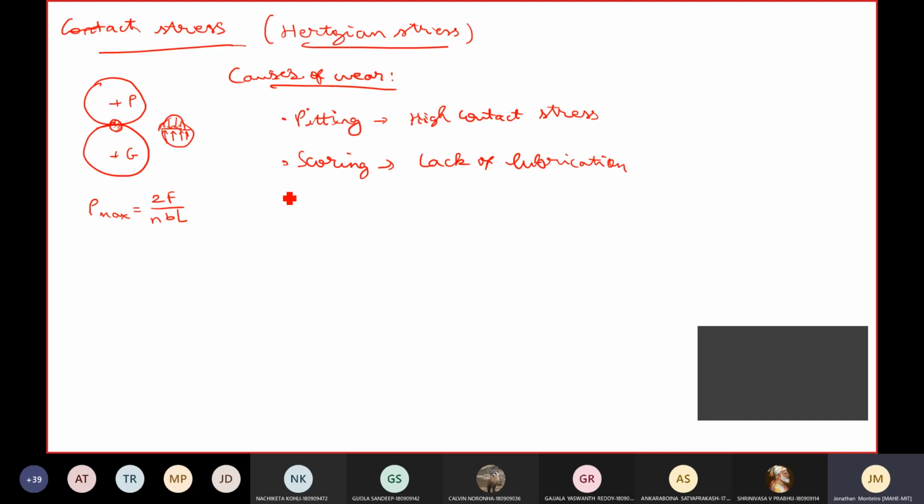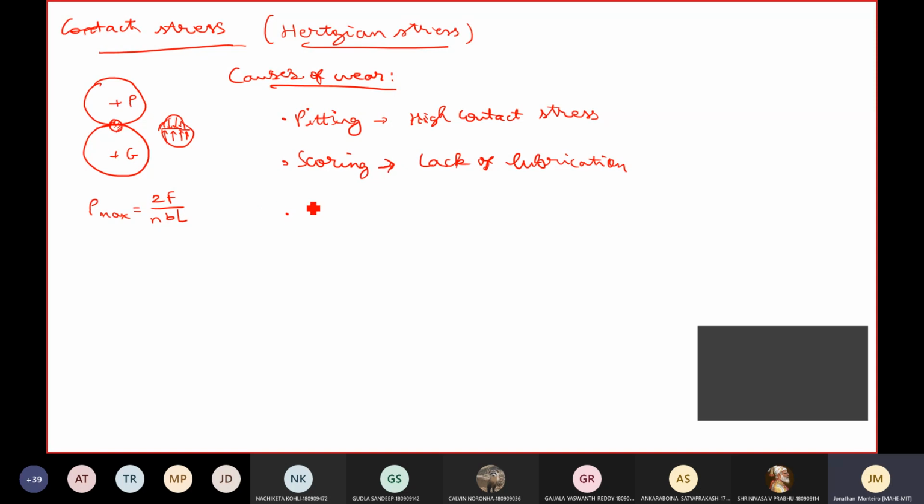We know that all the gears and gearboxes have to be using some amount of lubricant, especially the gearbox, which is filled with a pool of oil. All the gears run in a pool of oil. So if there is a lack of oil, if the oil dries out or leaks, then there is scoring. This is due to the lack of lubrication. It leads to very high friction.